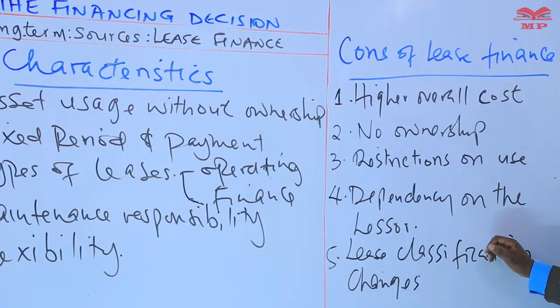Now, changes in accounting standards, such as the International Financial Reporting Standards, particularly number 16, and the Financial Accounting Standards, may impact the classification of lease and affect the financial reporting of the lessor. There are times where the financial reporting standards may change, and such changes may negatively impact the financial reporting of the lessor. So these are 5